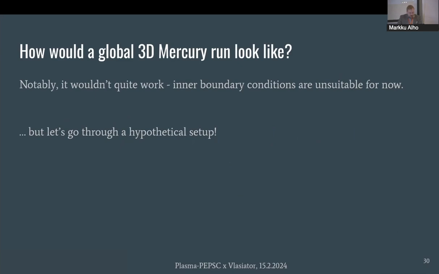How would a global 3D Mercury run look like for us? There are some asterisks here: the inner boundary conditions. We have basically a copy condition that can be used. It might be a good first approximation, but a resistive crust and conductive core is what is usually being used, so that would need to be included if you want to reach the physical fidelity of other simulations. But let's not get hung up on that